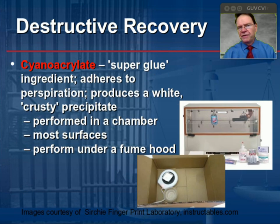Okay, and then another very useful method, and this was really kind of found serendipitously, is cyanoacrylate, superglue. That's right. It's the main ingredient in superglue, and this is going to adhere to all types of fingerprints, and it's going to produce a white, crusty precipitate, permanently binding itself typically to whatever the physical evidence that you have. We normally perform that in a chamber, and what you'll see done here is we have a